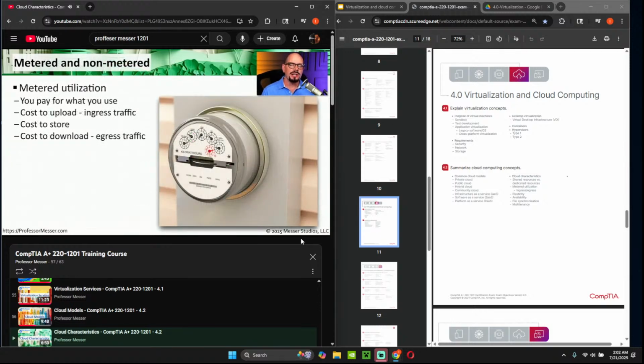For many organizations, costs are certainly an important consideration. And with cloud services, you could be billed differently depending on the cloud provider and the service that you're using. You may find that some of your cloud services are billed back to you